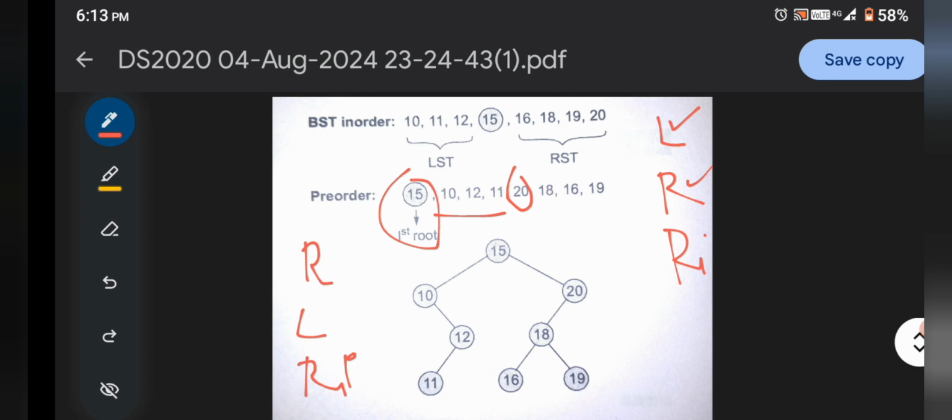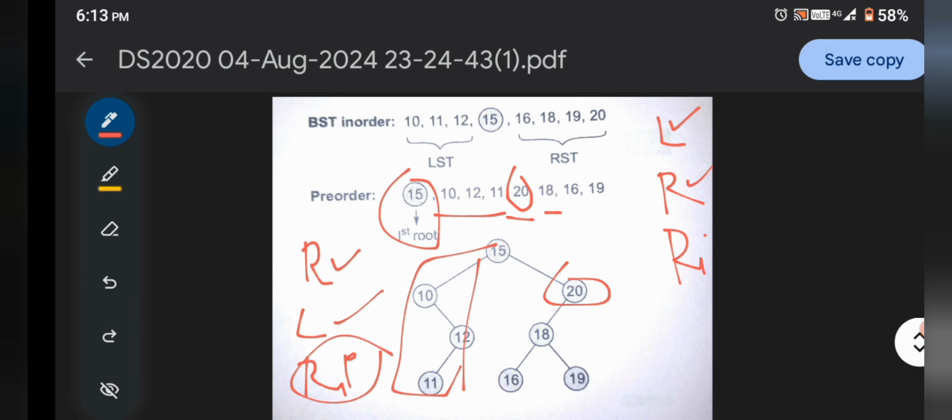Here the root is given, in the order left is completed. Now coming to the right one, right is given over here exactly. So we say easily 20 is your right subtree. Now again coming here, 18 goes to the left, and 16 and 19 are given over here.